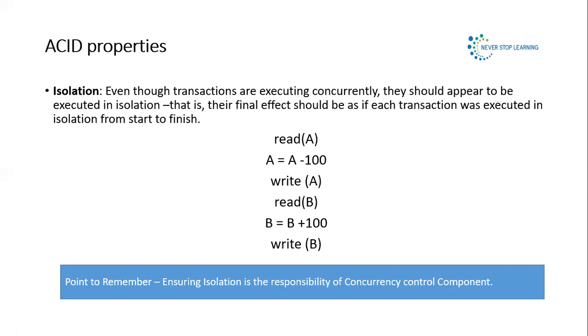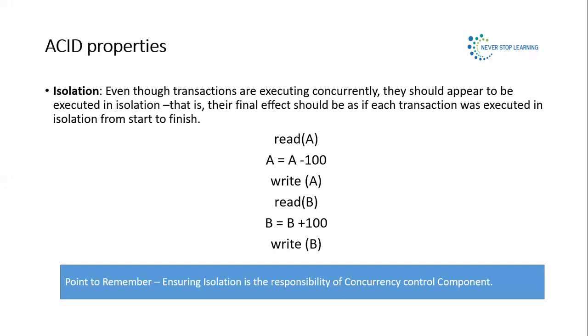Or let me take another example. Let's suppose I am booking a ticket for a movie. At the same time others are also booking tickets for the movie. How I am dealing with that database and how others are dealing with that database, they are happening concurrently, but they are not colliding with each other. What ticket I want, I will get that ticket. What seat I want, I will get that seat.